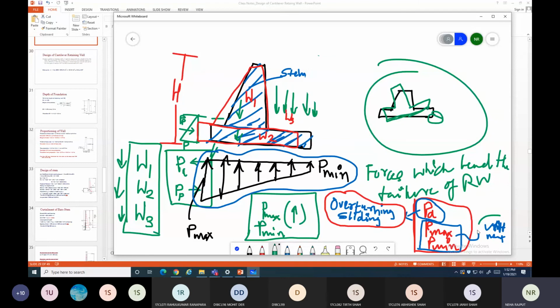And uplift pressure, upliftment, तो यहाँ पे क्या होगा, maybe this pressure may get negative, then the stresses will generate a tension stress, and due to the tension stress this portion of your base slab may fail. So that is the upliftment failure. So for the stability analysis you need to check the wall for overturning condition, wall for sliding condition and wall for upliftment.